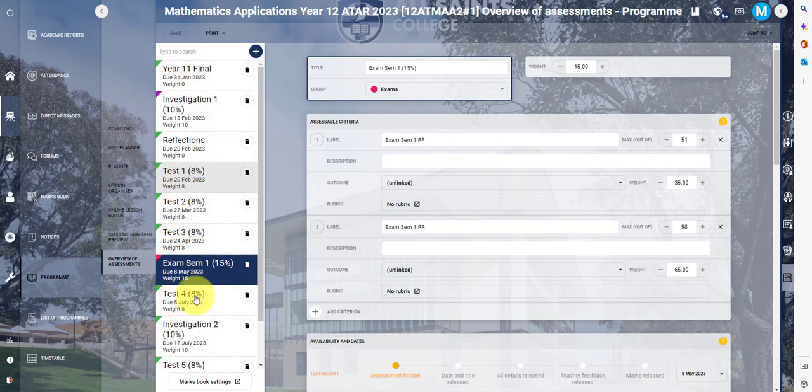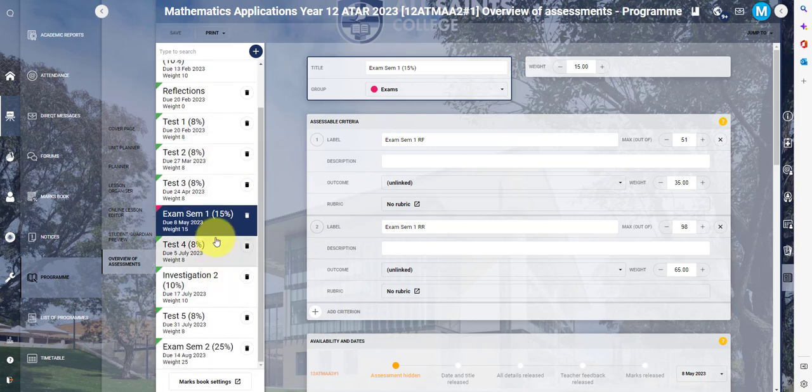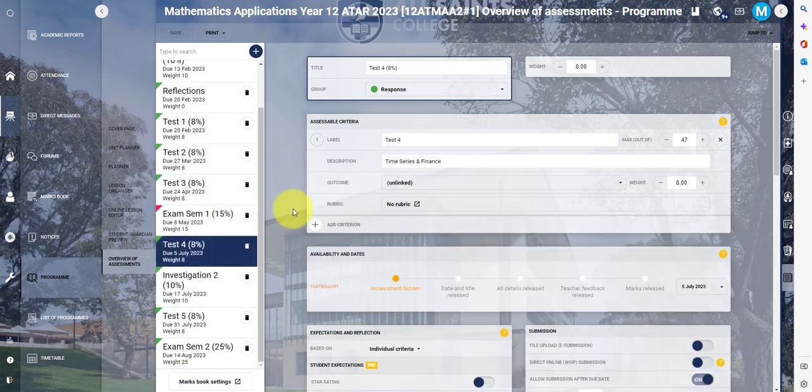We've got the name, we've got the percentage. So I just got to go through and make sure that each of the assessments in the course is coded with the correct assessment group. What this looks like now in the marks book,